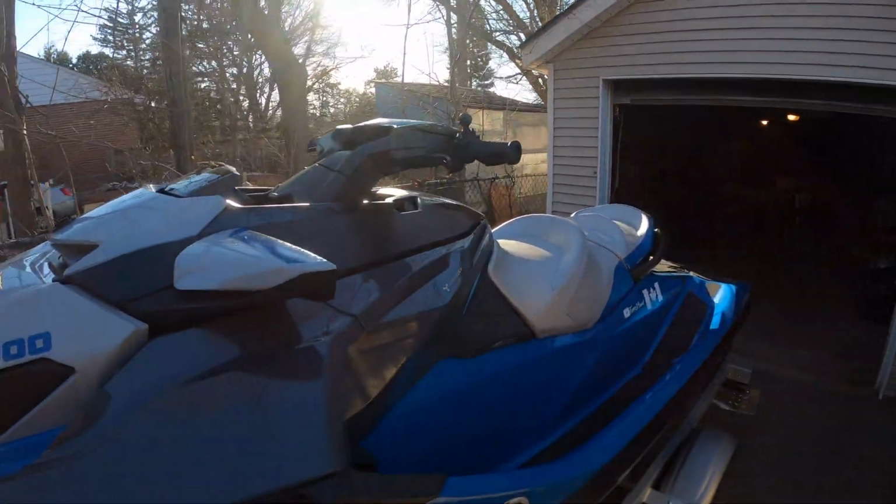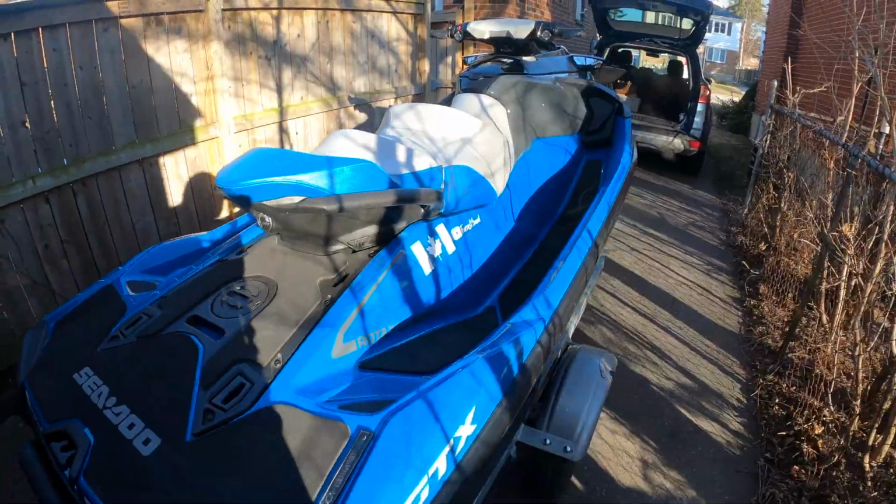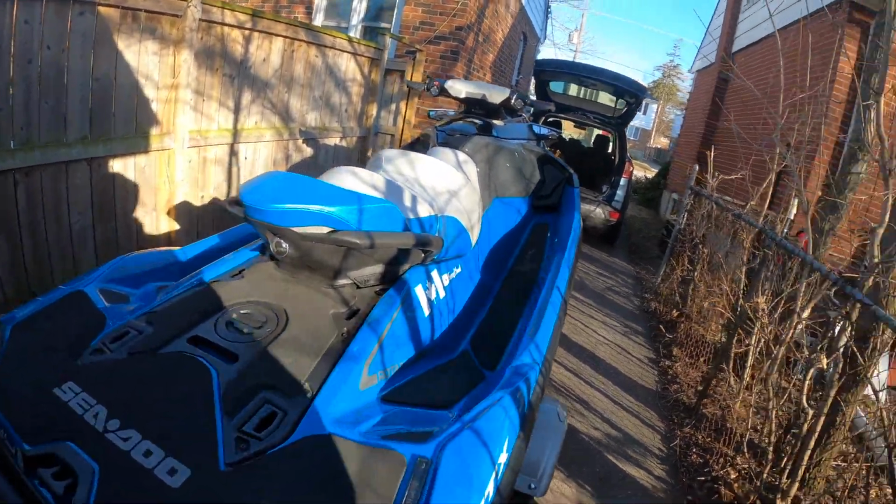We're taking the Sea-Doo in to get the spring maintenance because springtime is coming up here. So I've got my baby right here, back out in the sunshine. Oh, it's so good to see her out in the daylight. So today basically what we're going to do is take this down to the dealership. I'm going to do the spring maintenance on it, and I've got a few little add-ons I'm going to put